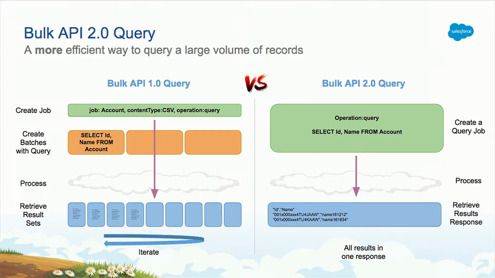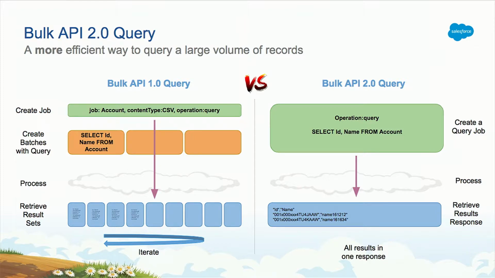You have 10,000 batches in 24-hour rolling windows, so if a job's really big, you can see how many different API calls you're going to be making. You're making tons of API calls. Each batch has its own URI for a result set, and you're going to have to retrieve that on the client side. Now with version 2, we want to throw all that away for you guys,